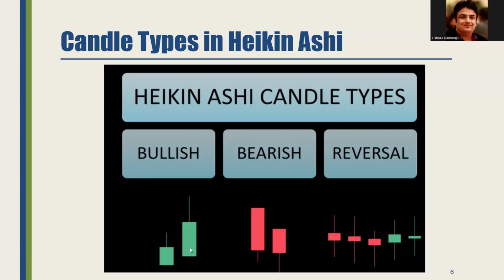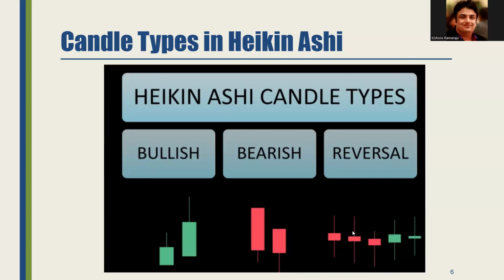Right? What do you mean by bullish candles? Basically where you have a big body with a small wick at the top. Whereas bearish candles are generally red candles. Most of the platforms use red in color with a wick at the bottom. That means the price is going down. If the wick is at the top, think like price is going up. It is telling that price is going up. So if you have a big body with a wick at the top, bullish candles; wick at the bottom, bearish